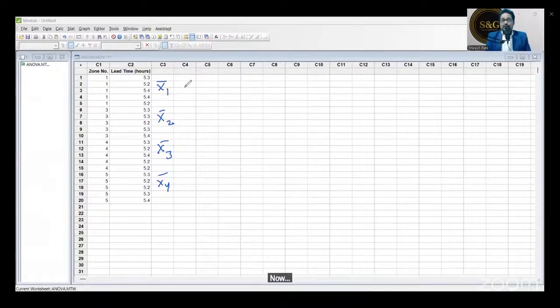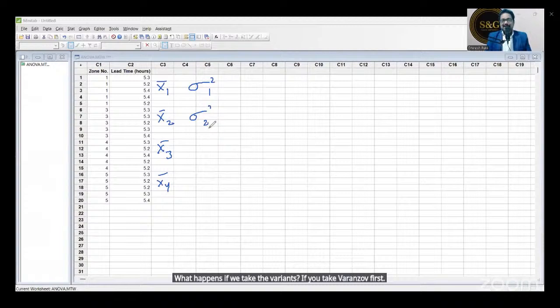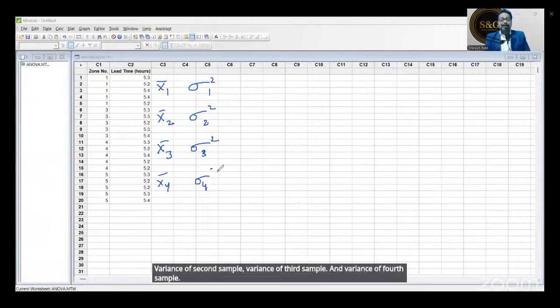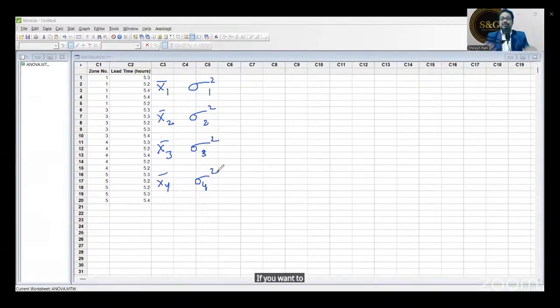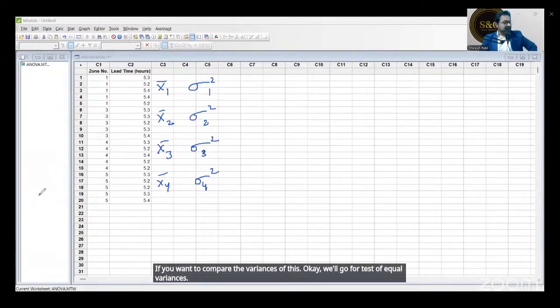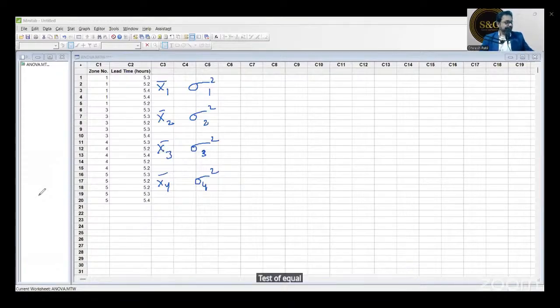Now, instead of average, what happens if we take the variance? If we take the variance of the first sample, the second sample, the third sample, and the fourth sample, and we want to compare these variances, we'll go for the test of equal variances.